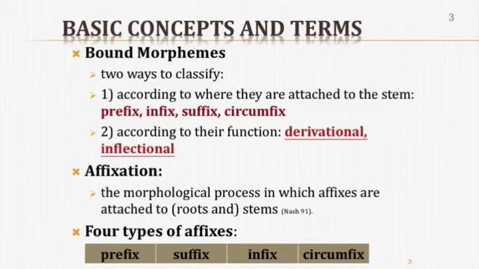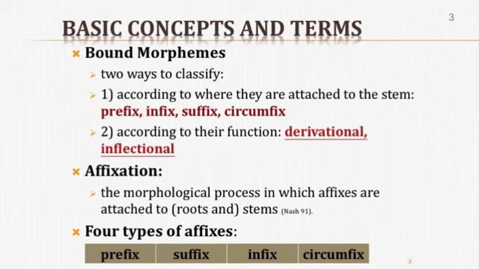Since the word affix means attach, we attach it to something else. So affixation is a process. It means we have affixes which are attached to something, a base, and this base is called a